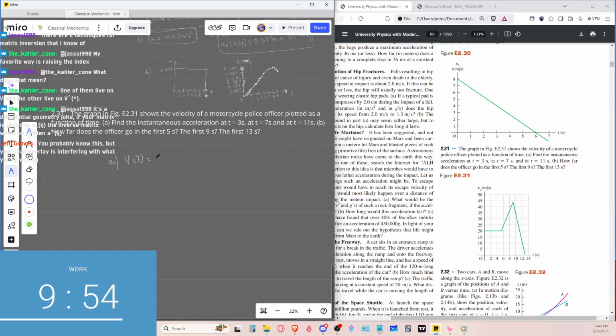So for 3 seconds, the velocity is 20, because it's just flat out 20. And for V at 7 seconds,